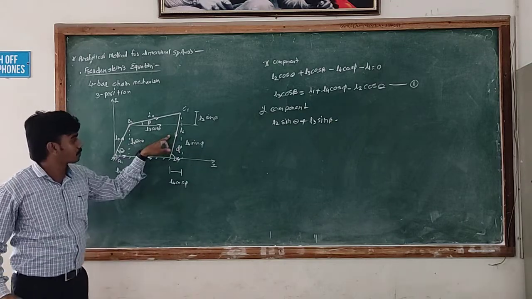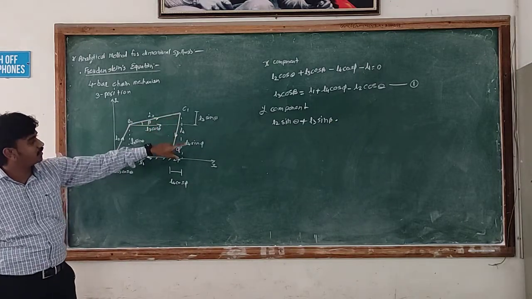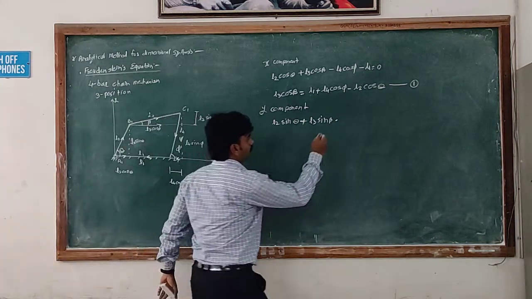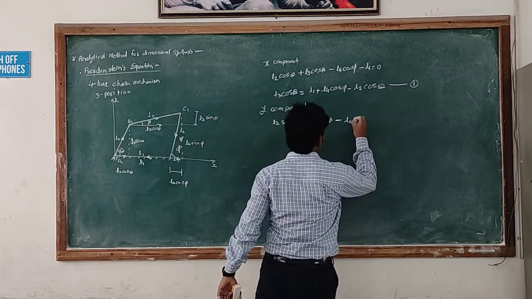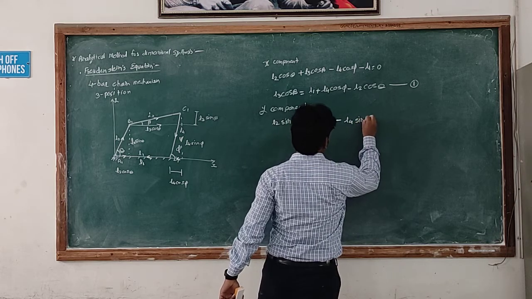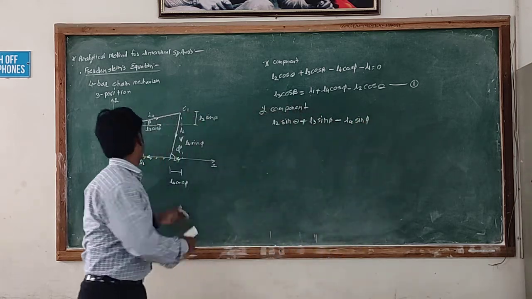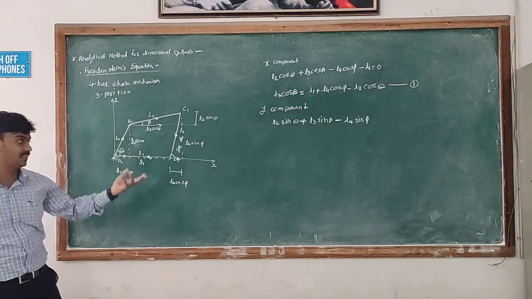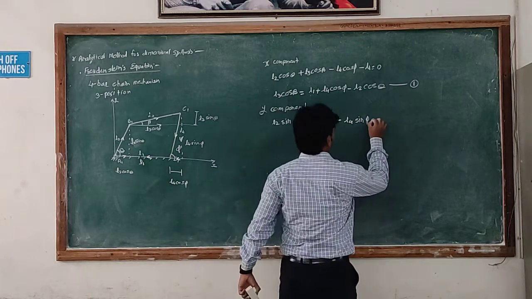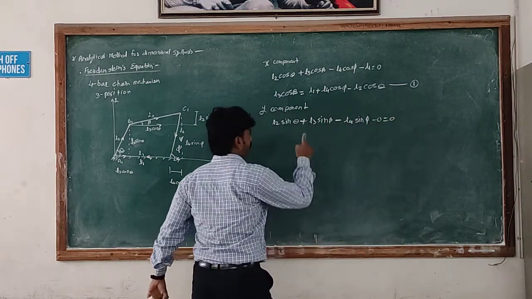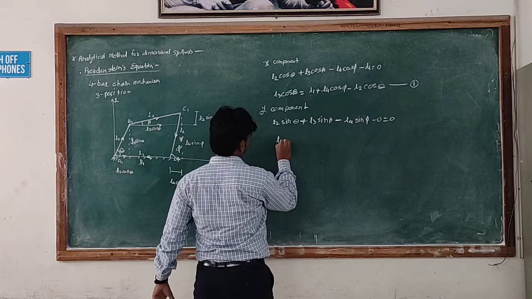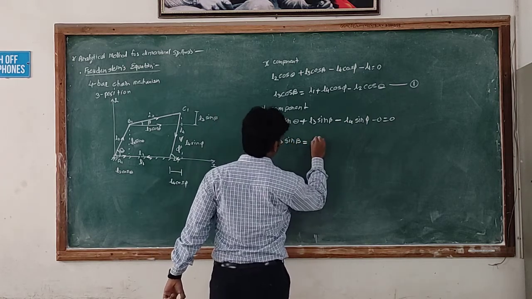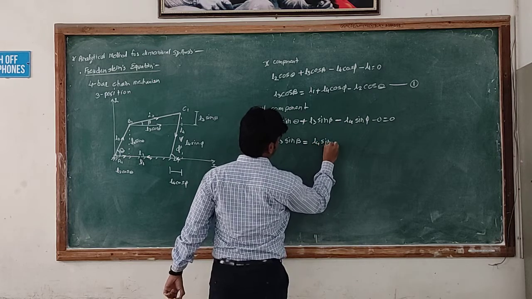Now L4 is in the downward direction, so its y component is also downward, so it is negative: minus L4 into sine of phi. And the y component of L1 is 0, since L1 is horizontal, so minus 0 is equal to 0. If we solve this for L3, then L3 into sine of beta is equal to L4 into sine of phi